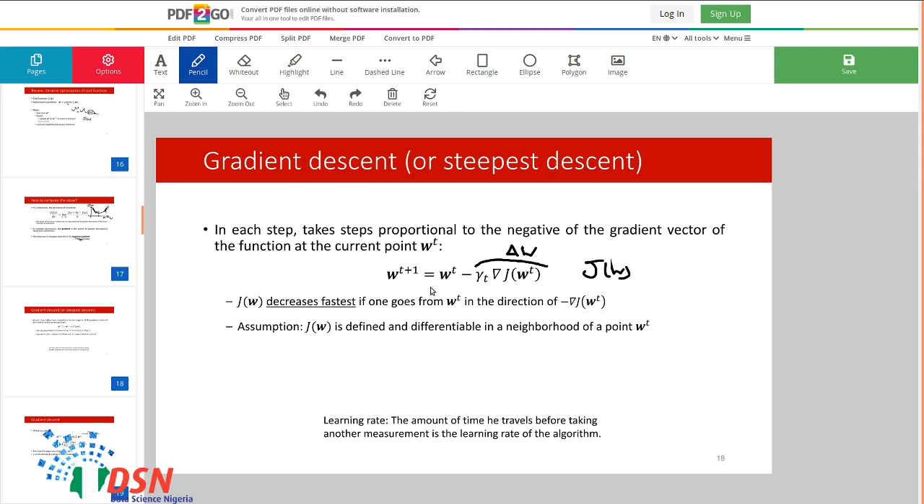Okay, and if we move in the direction of minus gradient or negative gradient, this is the fastest direction that we can decrease the cost function. We will talk about the optimization process in more detail and dive into that in some next sessions, but for now we just want to have some sense about how we optimize the cost function in different algorithms like linear regression. And the assumption of gradient descent is that the cost function should be defined and differentiable in the neighborhood of W_t,